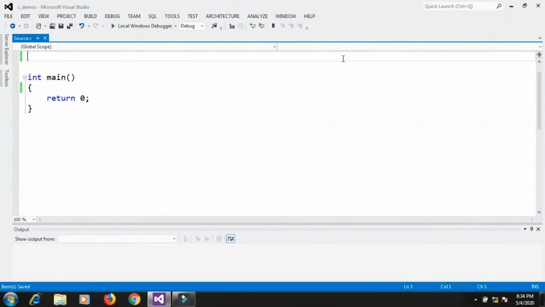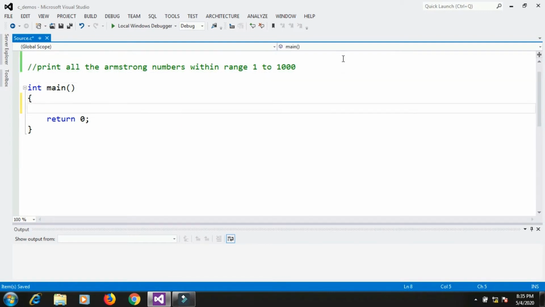Hello guys, we have seen the program for Armstrong numbers in the earlier video, where I was checking whether the user entered number is Armstrong or not. Now I want to implement a program where I will print all the Armstrong numbers within some particular range, say 1 to 1000. So this program prints all the Armstrong numbers within range 1 to 1000.